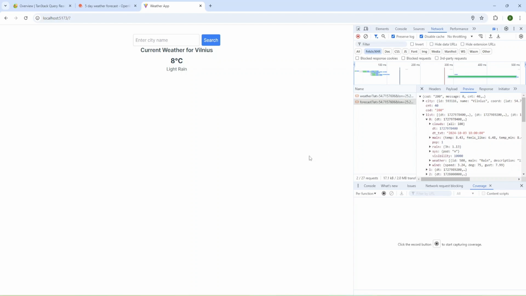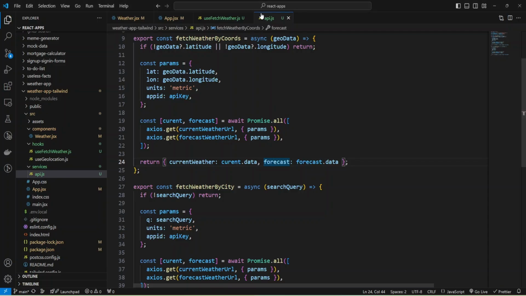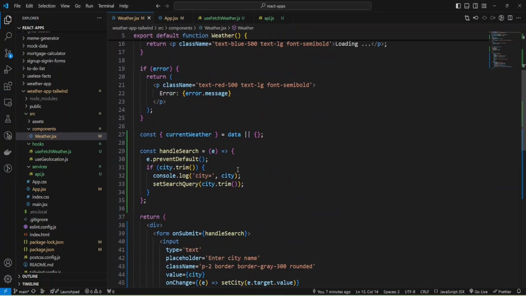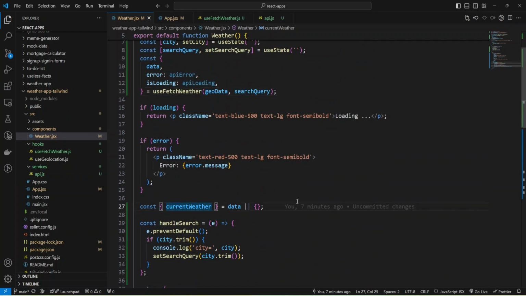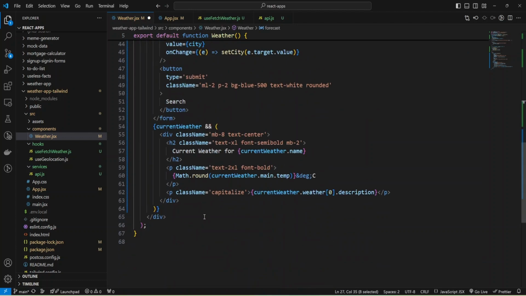And let's build JSX and add styles for forecast, and here we can add forecast and check, and I will add this JSX below current weather, and we'll check if we have forecast. Then we can provide some JSX.